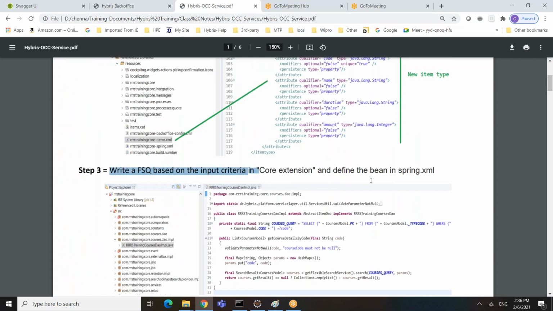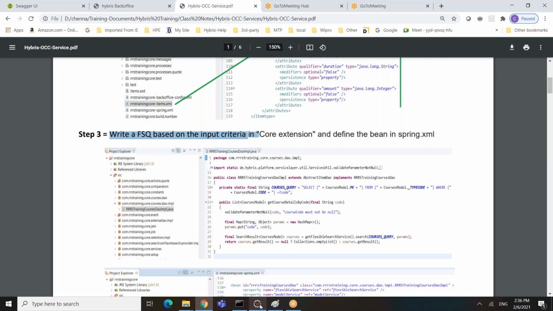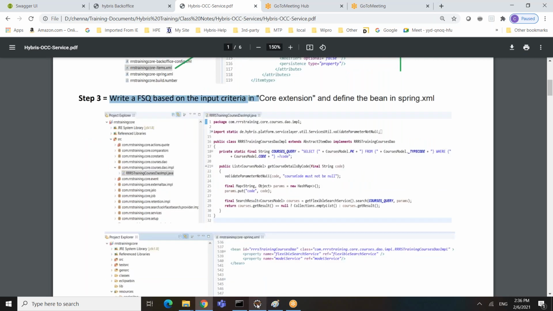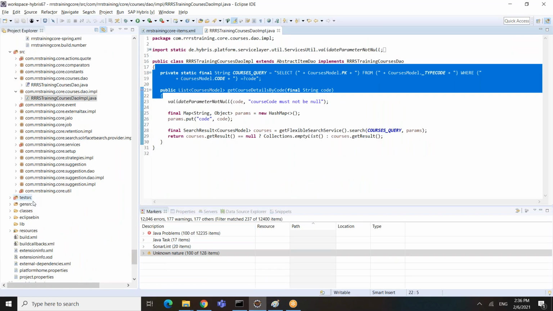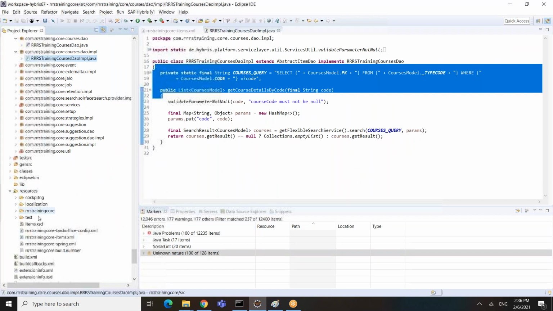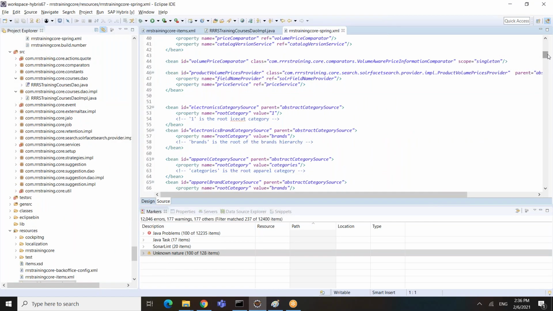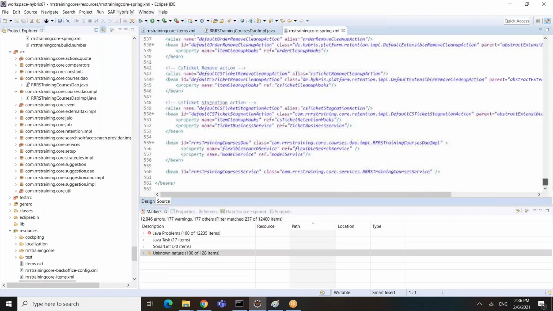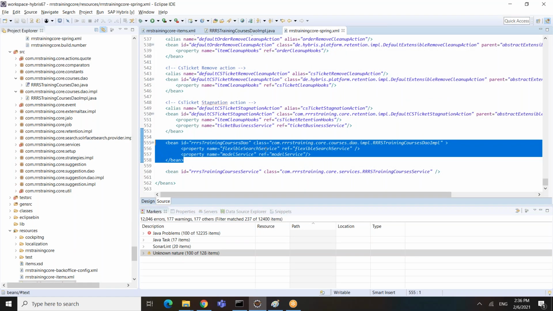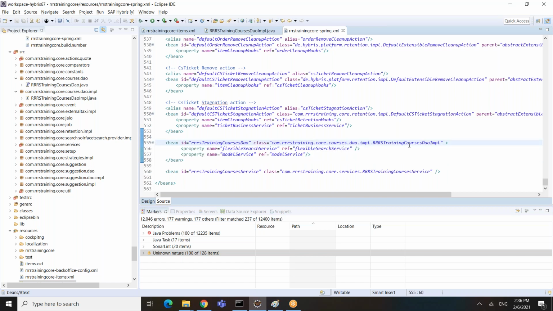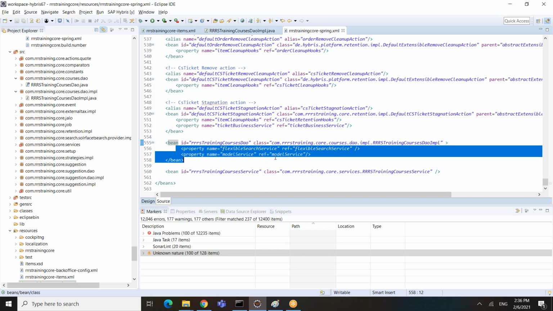And also you need to define that in the spring.xml file. Whatever the DAO is, you need to define it in spring.xml. So where is the spring.xml? If we go to the resources, go to core training, and then define it in the spring.xml. So this is what the DAO is basically. You need a bean ID, and then the class name is RRS DAO impl, and it's taking two properties which are out of the box.